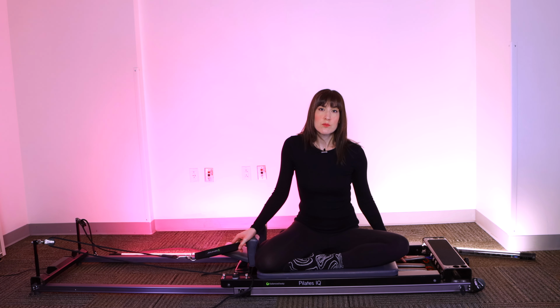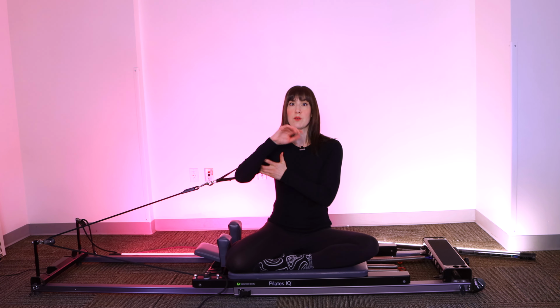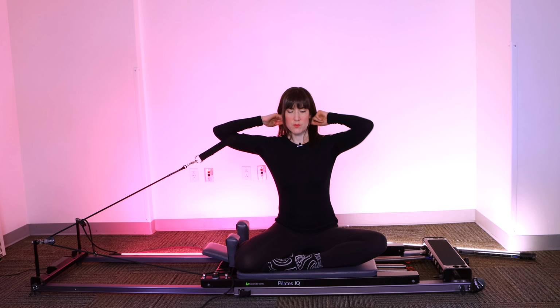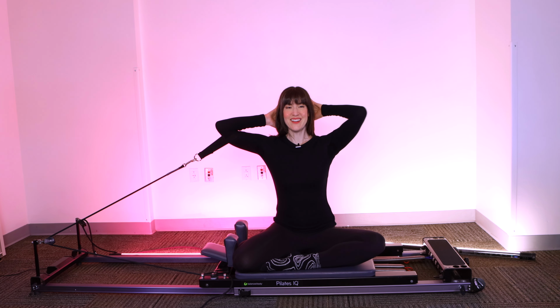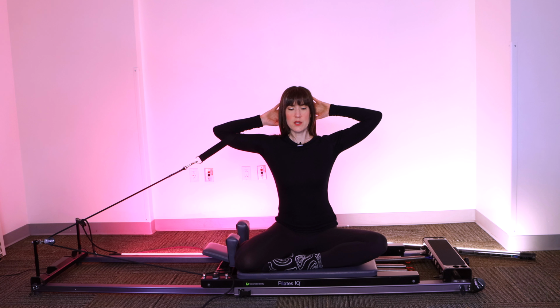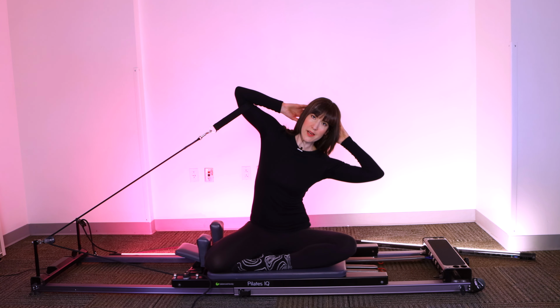All right, next switch onto a blue spring or a light spring. Place that strap onto the bicep of the right arm. We're going to stay in the same position with the legs. Hands come behind the head, elbows wide. So here what we're going to do is kind of mimic a side sit up with the short box. So we're going to lift up, keep your right hip down,